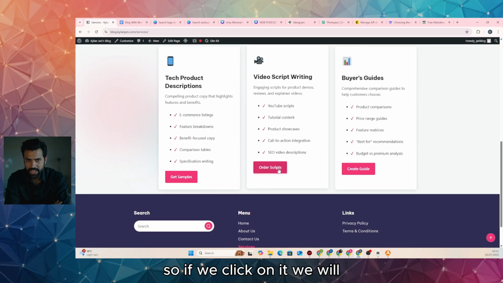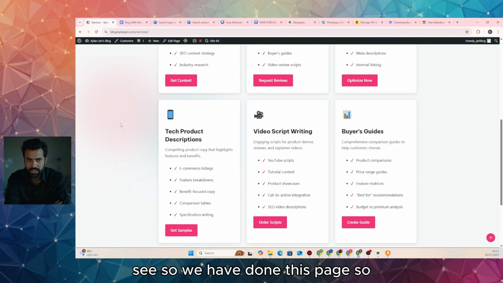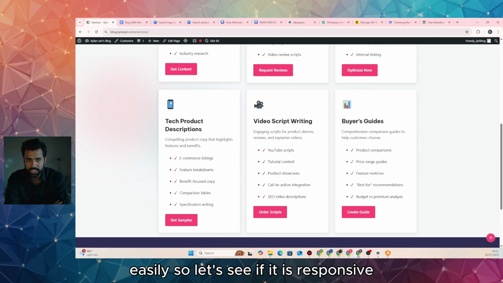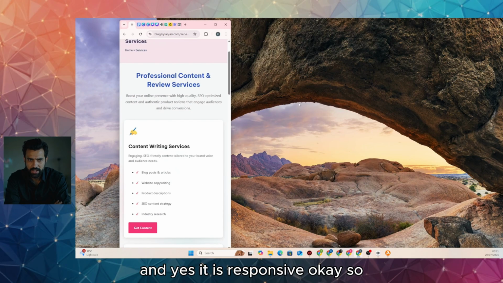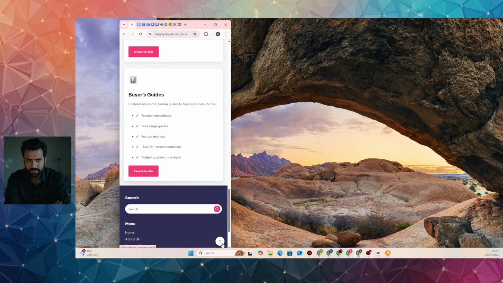So if we click on it, we will go to our contact page. As you can see, we have done this page so easily. So let's see if it is responsive, and yes, it is responsive. Okay, so